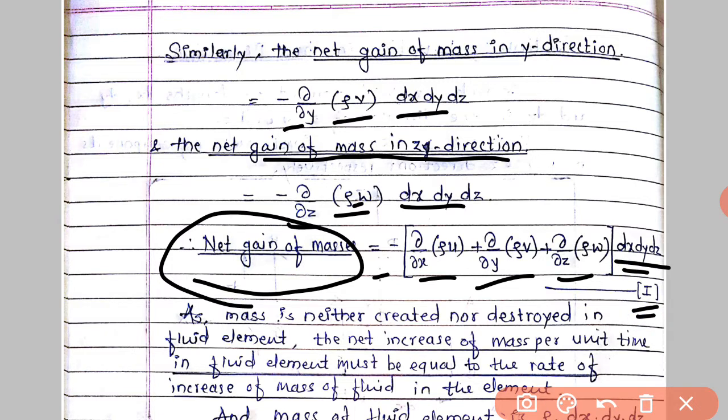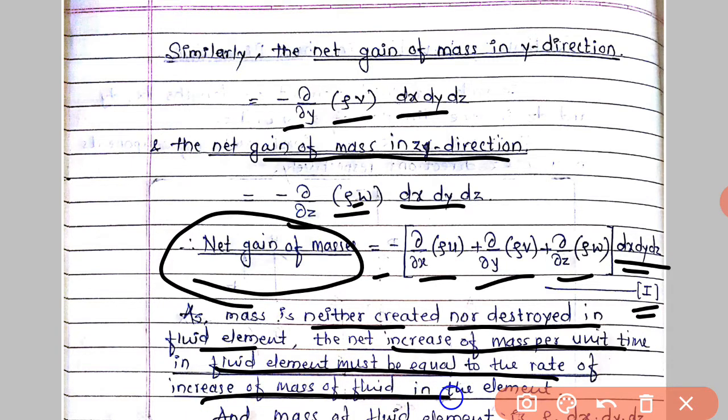So this is equation 1, and now according to the law of conservation of mass, mass is neither created nor destroyed in the fluid element. The net increase of mass per unit time of the fluid element must be equal to the rate of increase of mass in that fluid element. So net gain of masses will be equal to the net increase of mass in the fluid element,